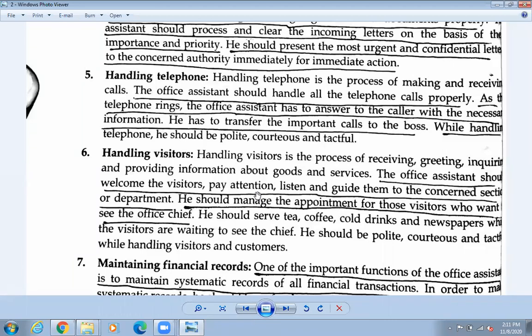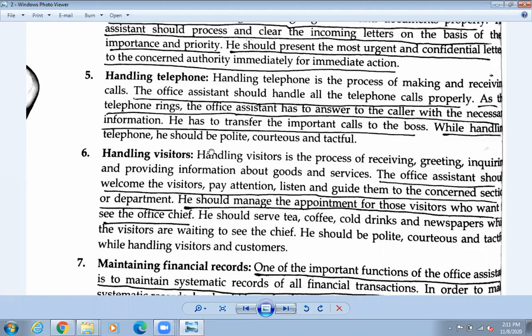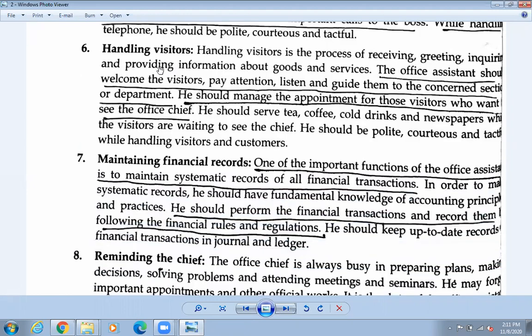office chief. Okay, so if the office chief is free, you must show the office: go right from here, then at the top floor you will see the office, ask someone there and you will meet him. This type of tone should be there, not "go up, don't give me tension". That is not good, so you must handle them very nicely. That is the good sign of the office assistant, handling the visitors.